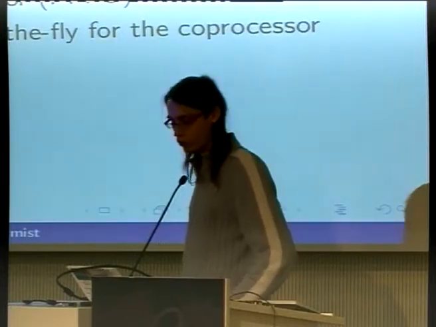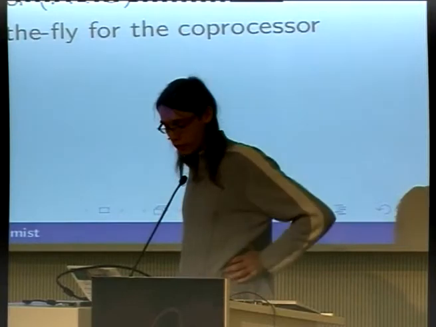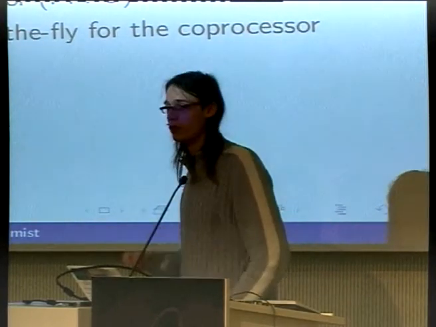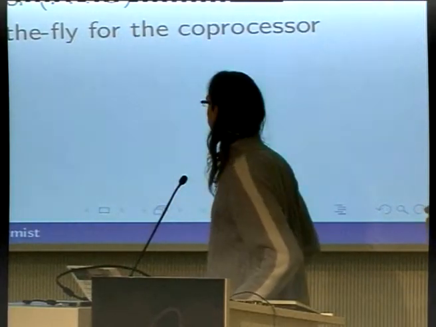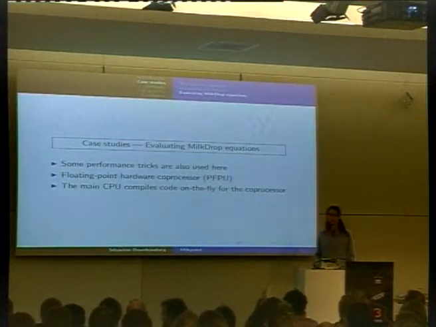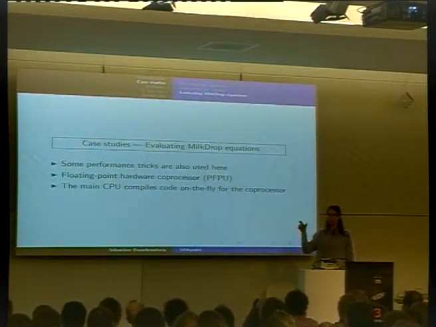Tricks here that I'm not going to cover. Basically, I needed a floating point hardware coprocessor, and the main CPU is compiling code on the fly for this coprocessor in order to further reduce the hardware usage in the FPGA. I'm not going to explain a lot into the details, but basically you have several floating point pipelines and a very low-level instruction set which says put that into the pipeline and fetch that from the pipeline. And the compiler needs then to schedule all the pipeline by itself.